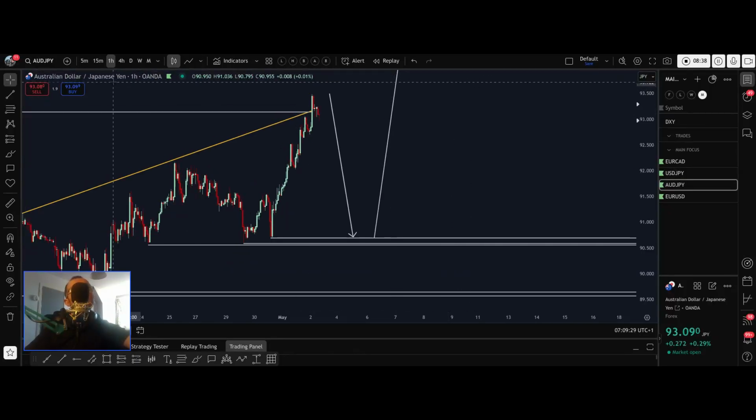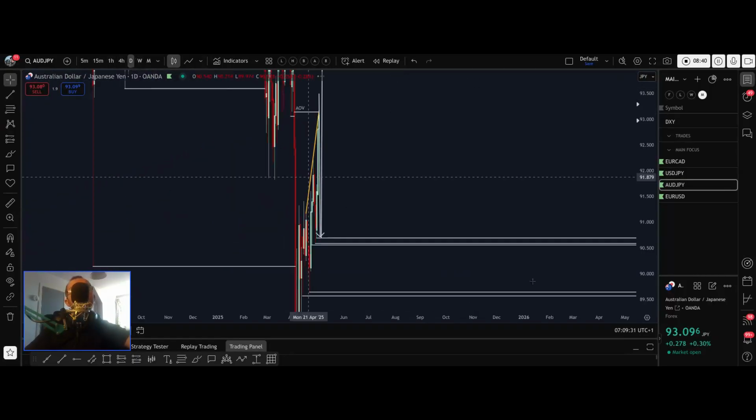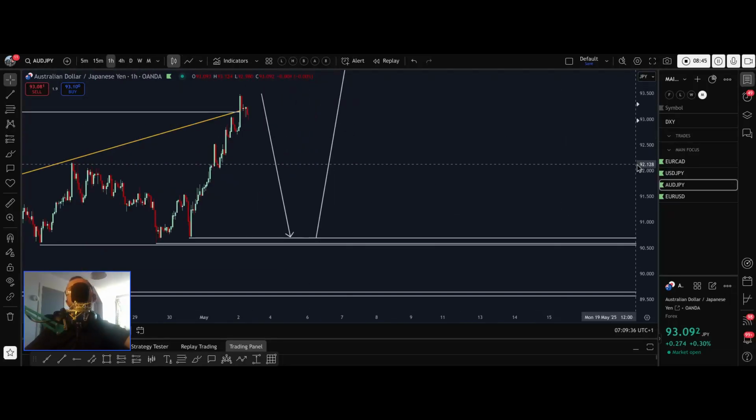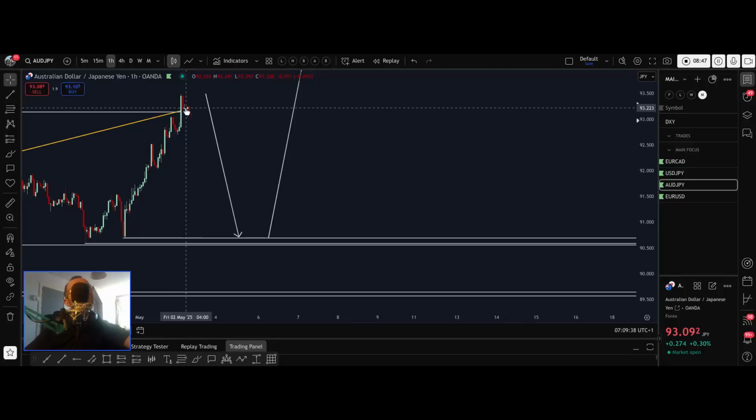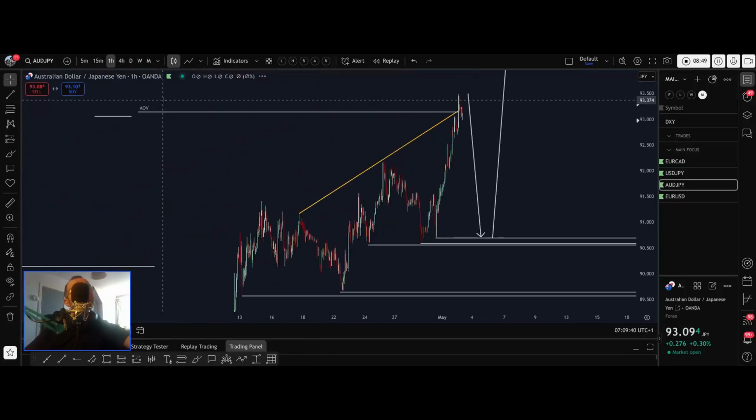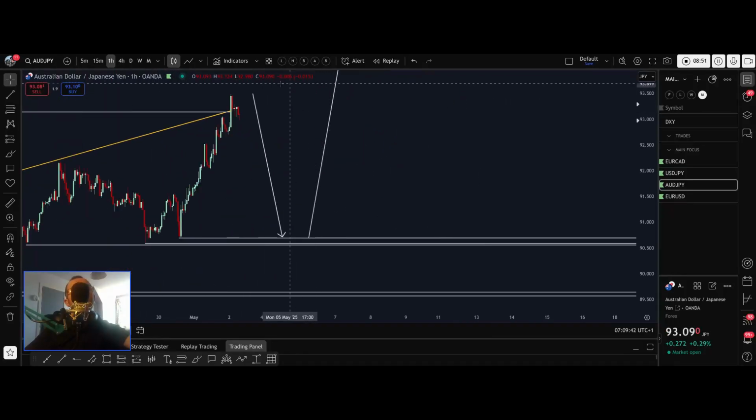Aussie yen is pretty much the same deal. I've just put this slightly lower down because of the way that it's wicking. You see how it keeps retesting the back end of that? That gave me a clue that this potentially gives us that sideways correction, which means that it could take